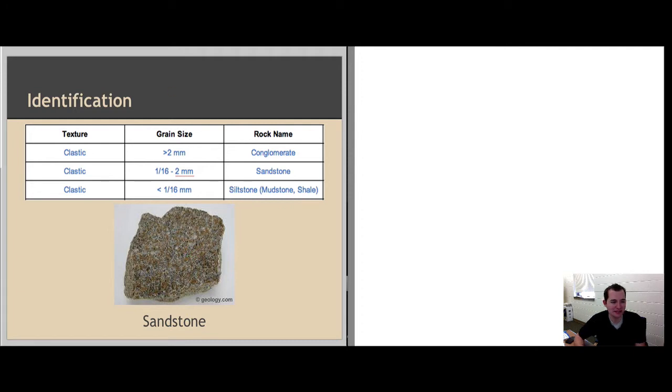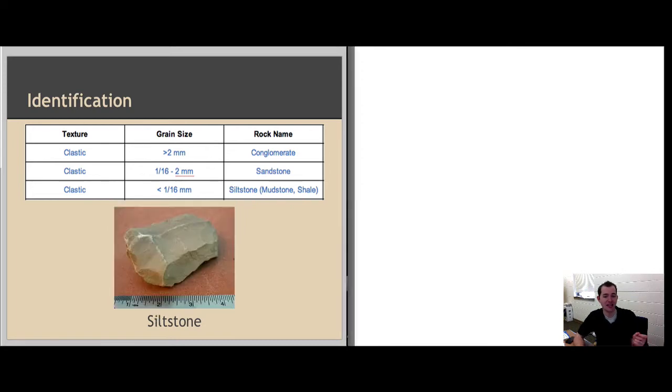Next one we're going to look at is siltstone, and again, if you remember, siltstone or mudstone is smaller. The actual clast size is smaller, and here we can't see those different clasts as well as we could with the sandstone, and especially not as well as we could with the conglomerate. But if we were able to look really carefully, and we might rub it with our fingers, we might be able to feel some of those small pieces, and that's siltstone. It's made up of silt or mud, and it's been weathered, eroded, deposited somewhere, compacted, and lithified